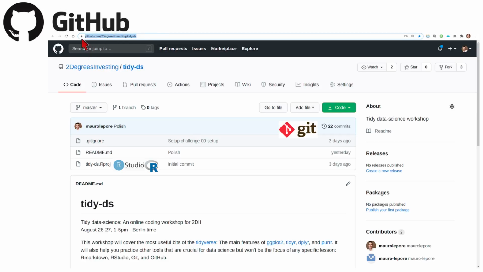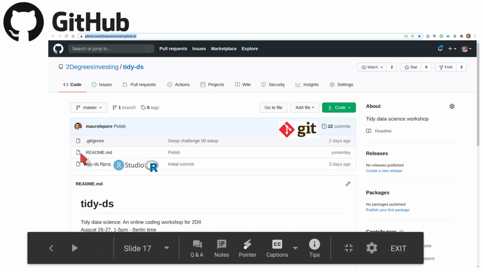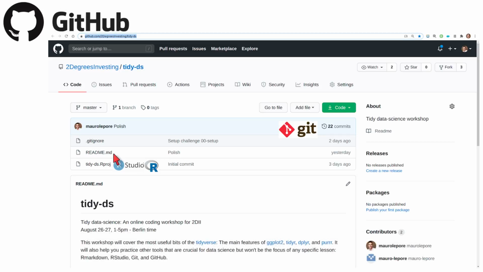It's just a web page or a website, github.com. In our case, we have an organization called 2 Degrees Investing, and today we are going to be working with the repository called tidyverse. So the older state of that repository, now this repository has changed. It has a lot more things, but as of yesterday, for example, it had only a few files. This file called readme.md, remember, is special.